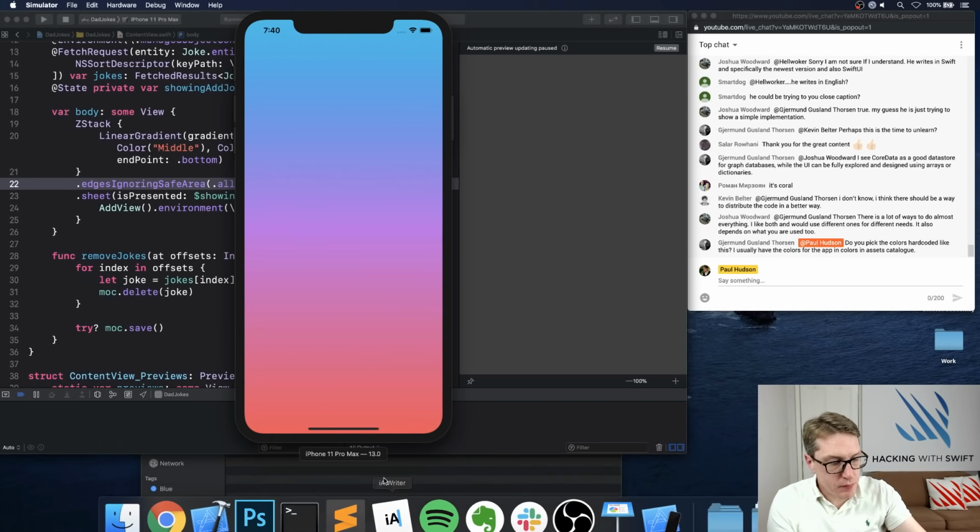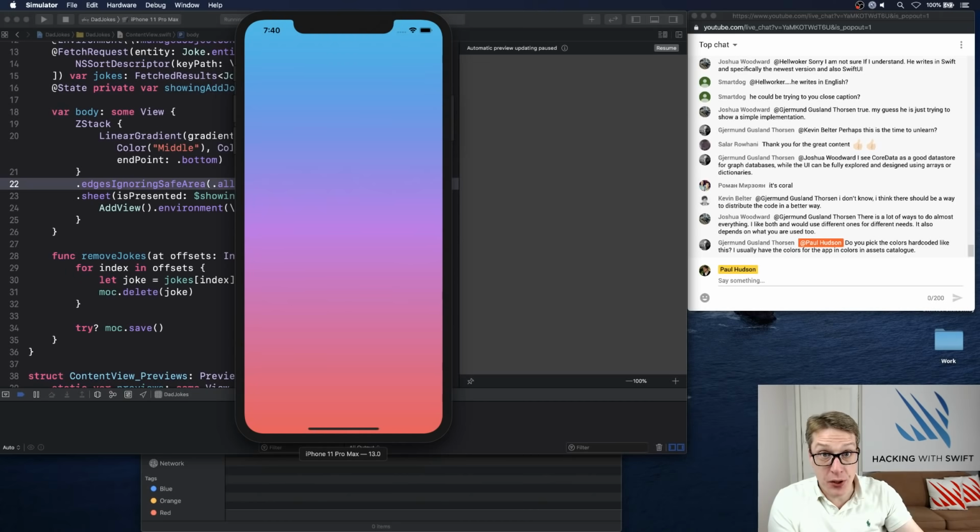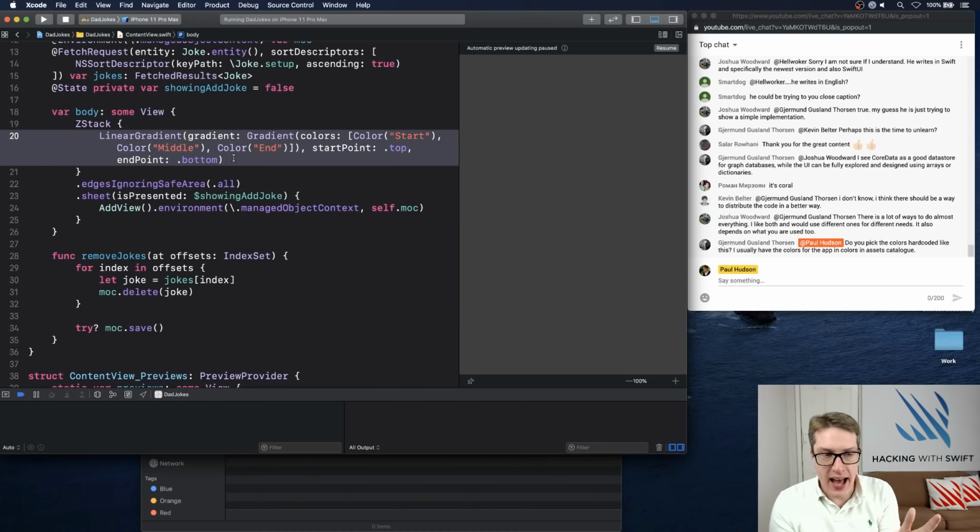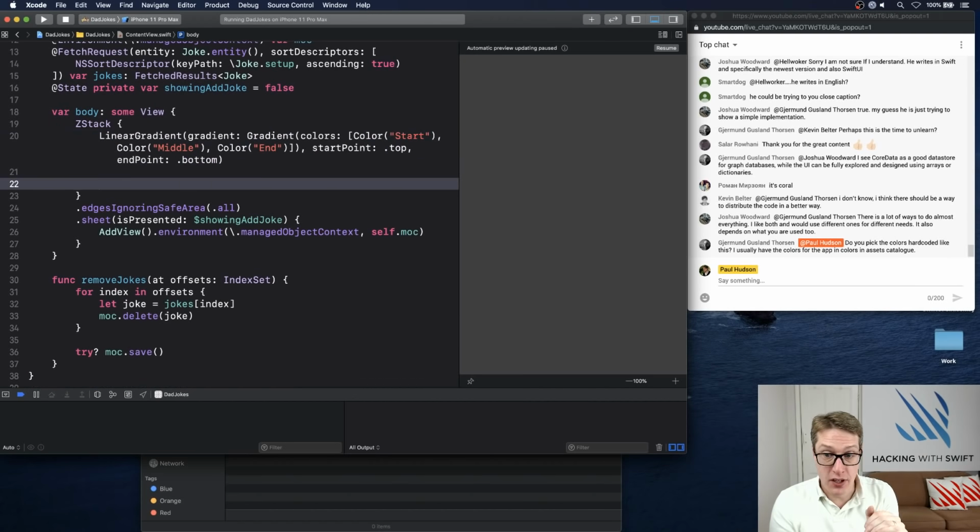Okay. So now we haven't got a navigation view anymore. We have no place for our add button. We're going to make a button by hand. So we're going to our ZStack, and below the linear gradient, or to put it on top of the linear gradient,